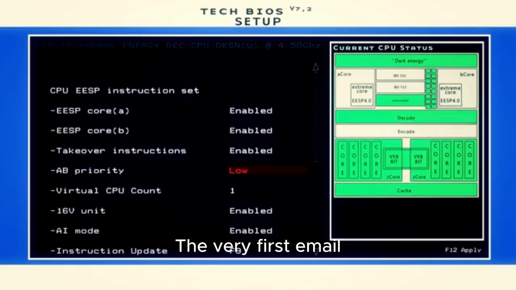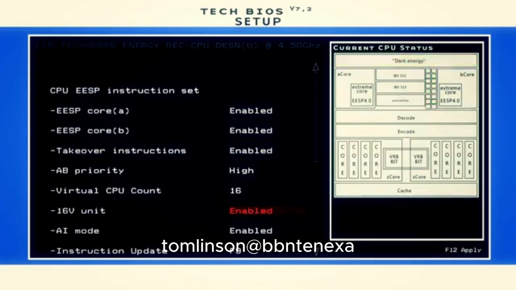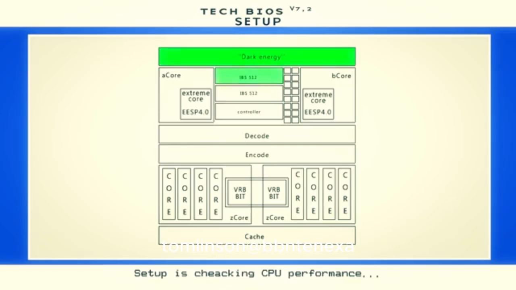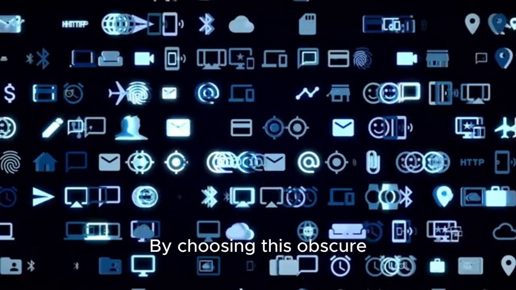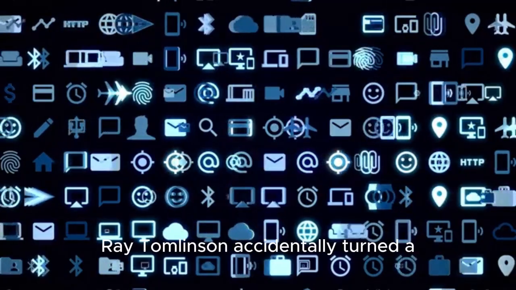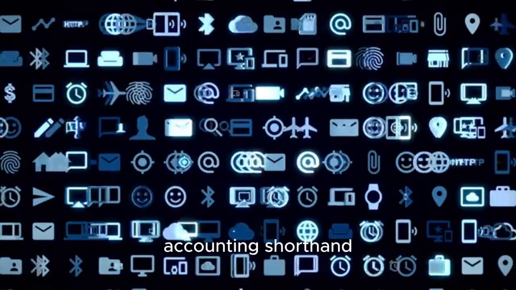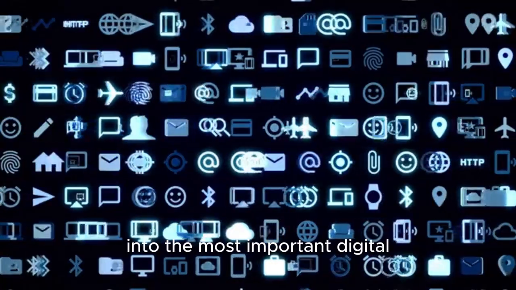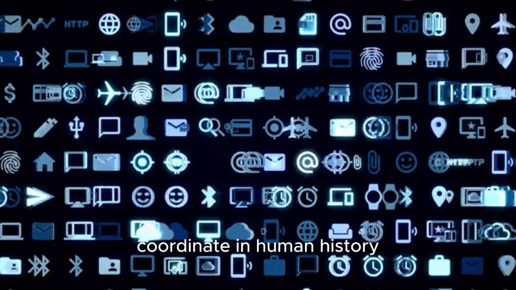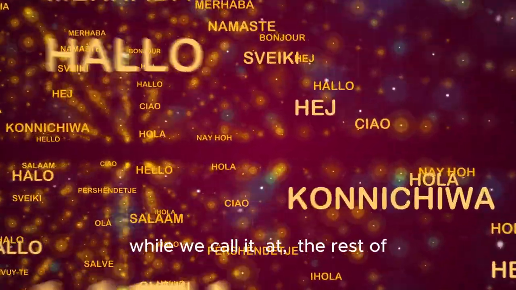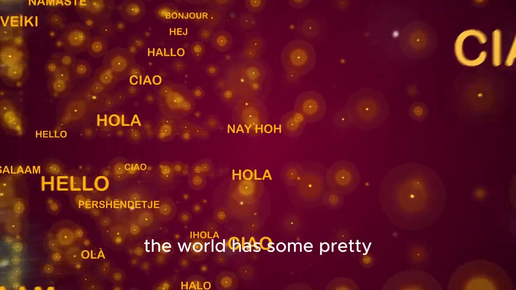The very first email ever sent looked something like Tomlinson at BBN10EXA. By choosing this obscure merchant symbol, Ray Tomlinson accidentally turned a 500-year-old accounting shorthand into the most important digital coordinate in human history. Interestingly, while we call it @, the rest of the world has some pretty creative names for